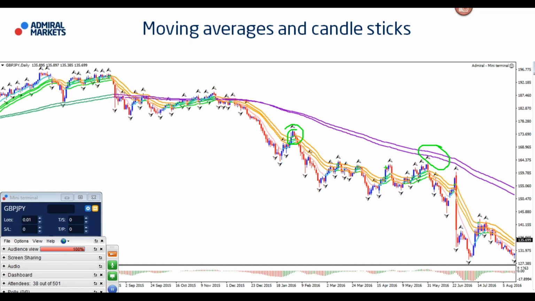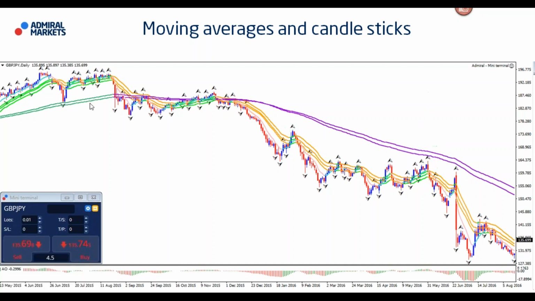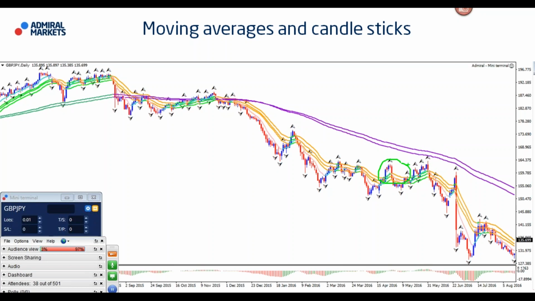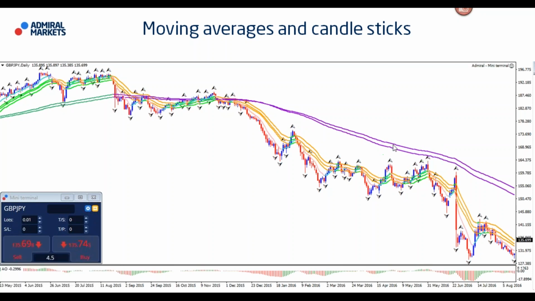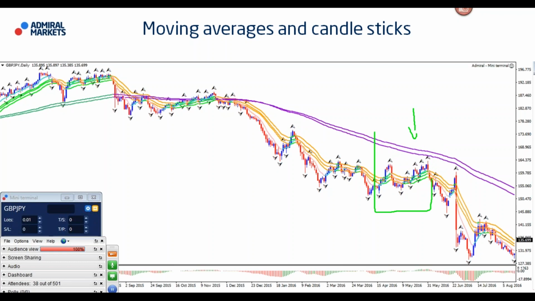When price is going back to the long-term moving average, it will typically then be on the opposite side of the 21 EMA. As you can see here, in this part, price is below the 144. The 21 EMA is below the 144, right? The short is below the long.